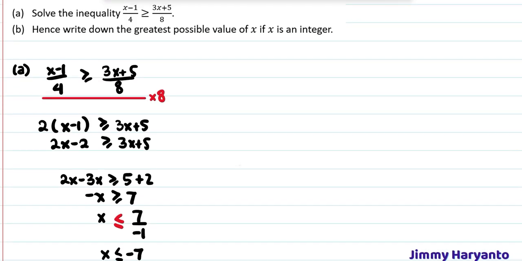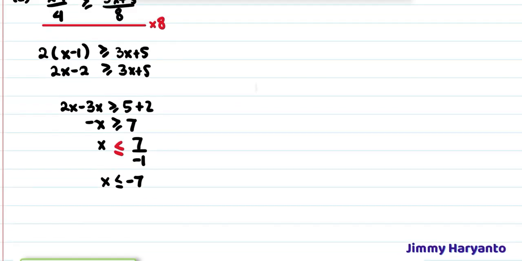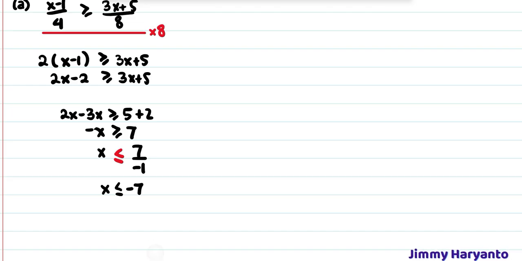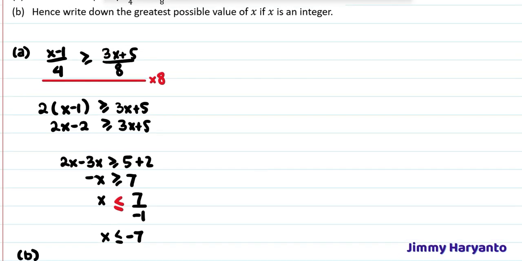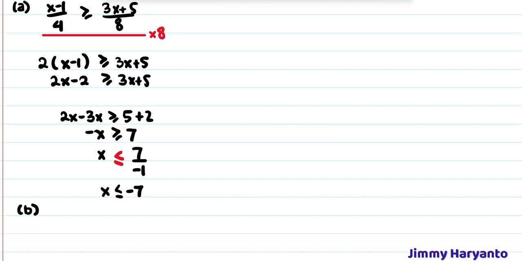And then you have to write down the greatest possible value. To find the greatest possible value, I think you can list integers. Yeah, it says integers. You can list the members or the elements of x which are less than negative 7. Maybe starting from negative 10, and as negative 10 becomes larger, negative 9, negative 8, negative 7. Negative 7 is included because we have the equal sign right here. That means the largest possible number is negative 7 for this one.